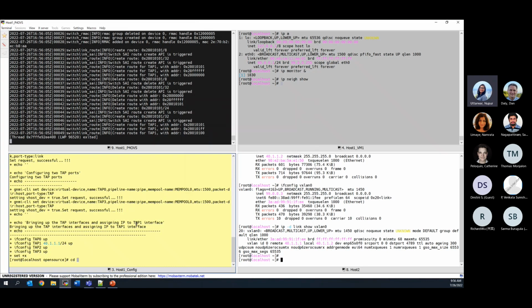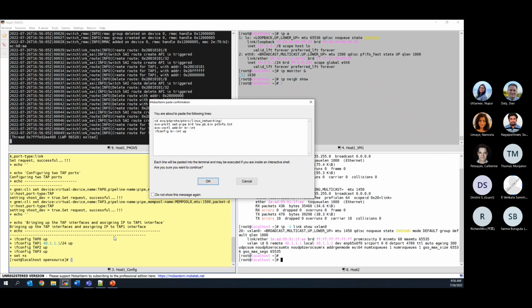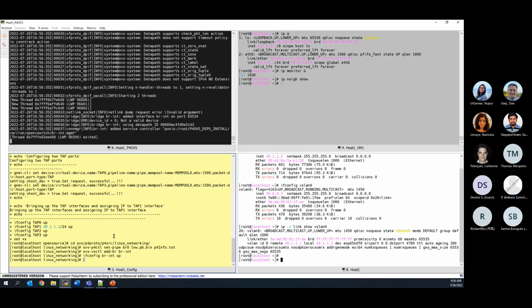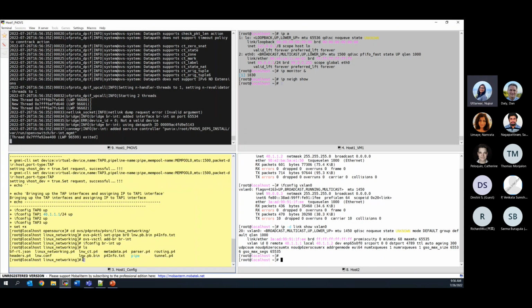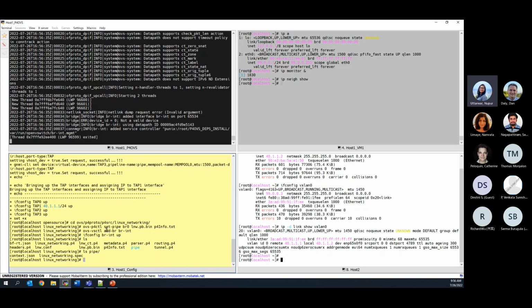Right now, I have generated this Linux networking binary executable using OVS Pipeline Builder utility, which gets installed as part of P4 OVS installation. And we are using the P4C compiler with DPDK target and PNA architecture to generate the artifacts required for this binary executable. So we go ahead and set the pipeline and add the bridge, which was mentioned earlier, using